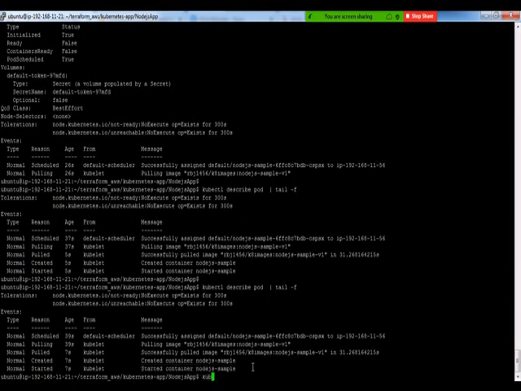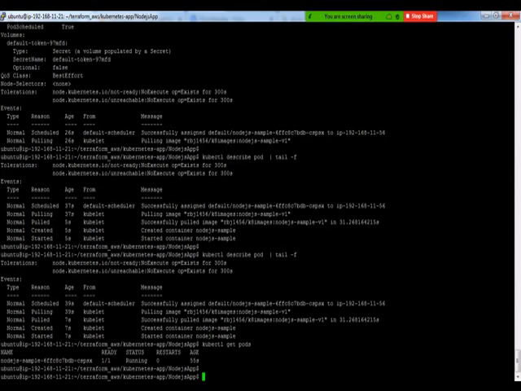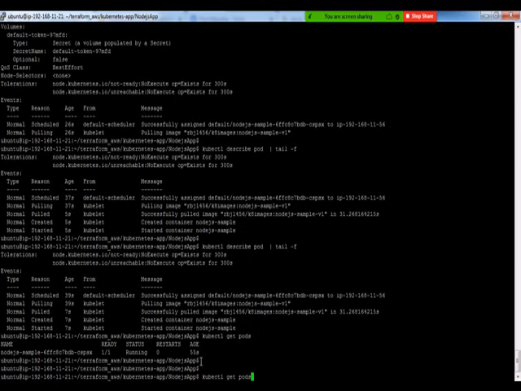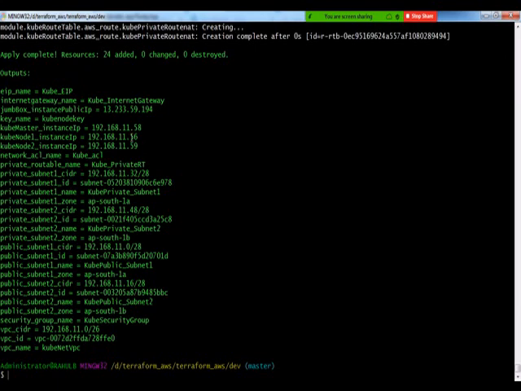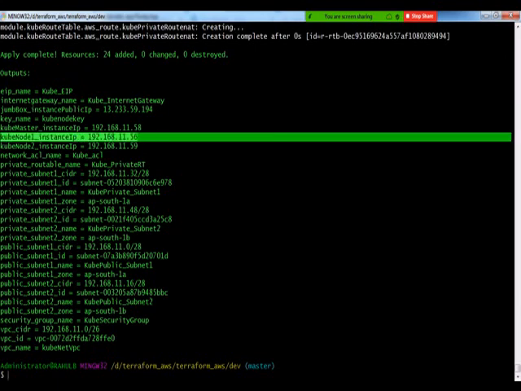So if I do kubectl get pod again, I can see my pod is running over there. See, it's like Node.js sample pod is in running state. This is what we have created over here, right? And if you want to see on which node it has been deployed, you can see that it's there on the node IP 192.168.11.56, right? So this is what our kube node 1.